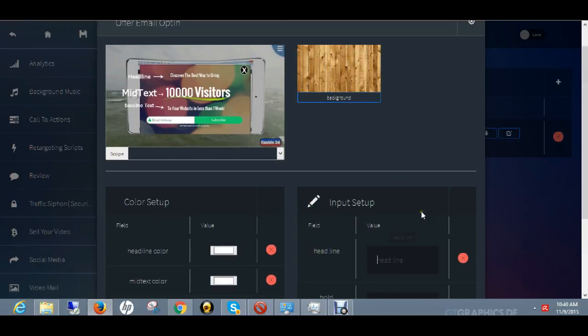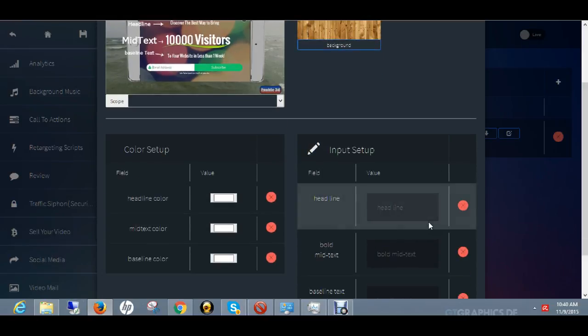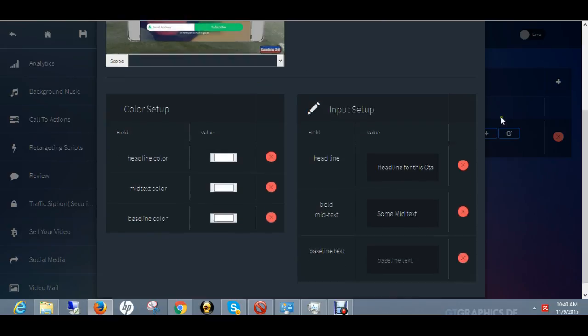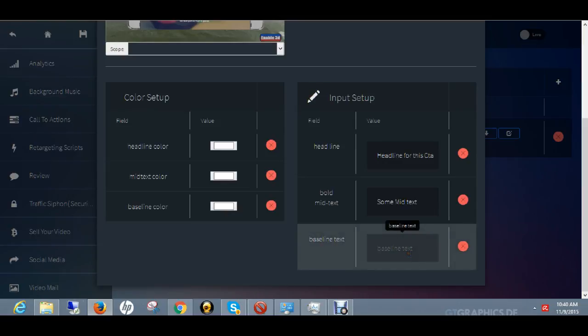Now the headline text I'm gonna say headline for call to action for this CTA. Then the mid text I'm gonna say some mid text. You see the headline, you see the mid text, you see the baseline text. So the baseline text I'm gonna say,